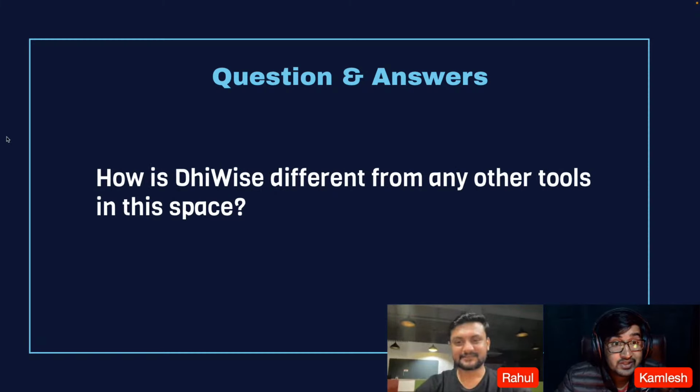Here we got a really interesting question: how is Device different from any other tool in this space? I guess there are a lot of tools, so that's a really good question. Yeah, that's a really good question, and it will be difficult to answer as well. I'm just kidding. So, how Device is different from the other tools is